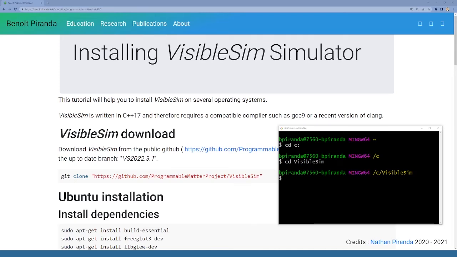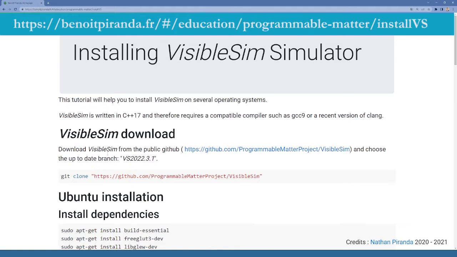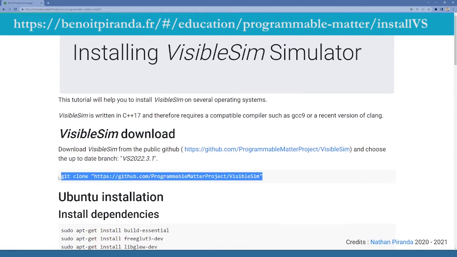Hello, a short tutorial to present how to install VisibleSim on Windows. You have all the information on this website. So first we will clone the repository,